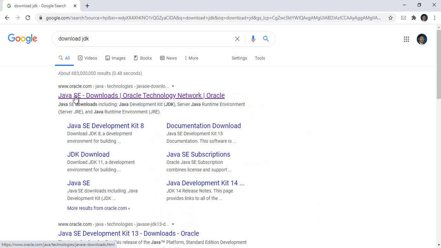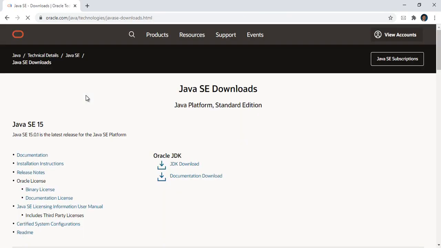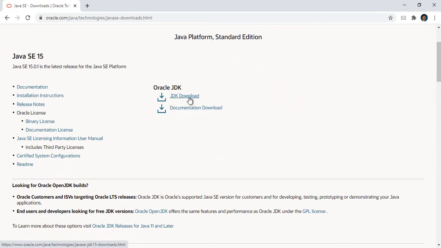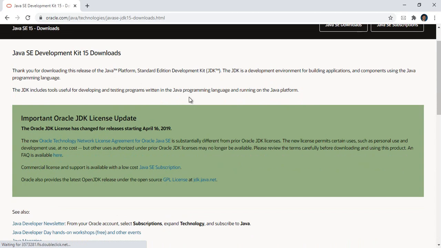It reads Java SE Downloads. SE stands for Standard Edition, and we are also going to use the same. I'm clicking on this. You can see the JDK download link here. Give it a click. You will be brought to the Java Standard Edition Development Kit 15 downloads, because the latest version